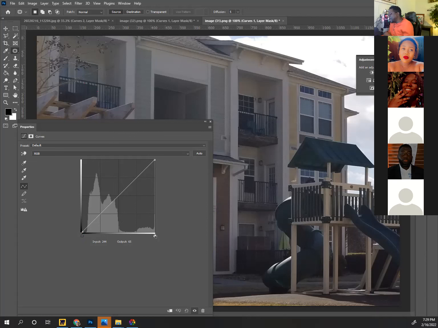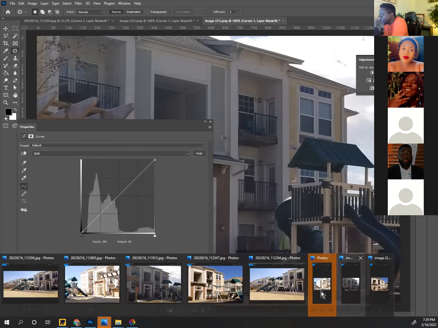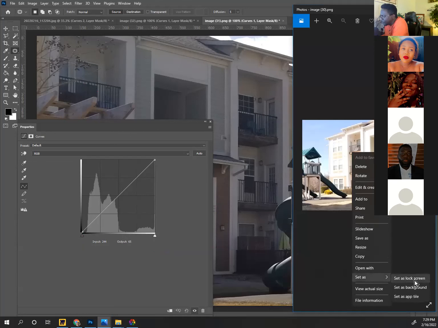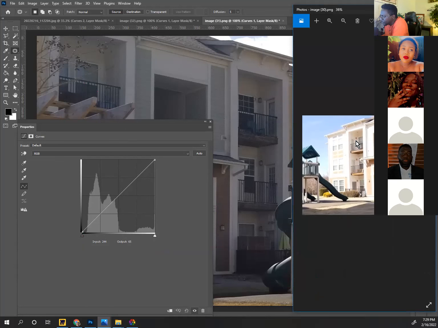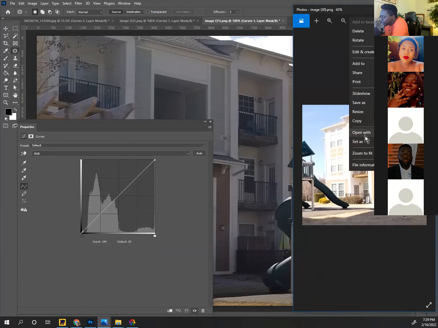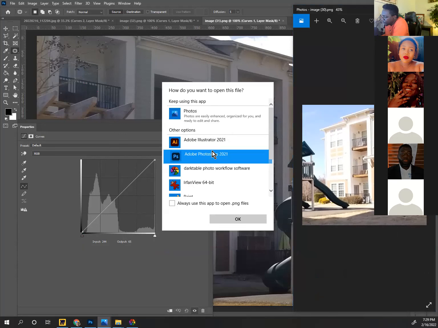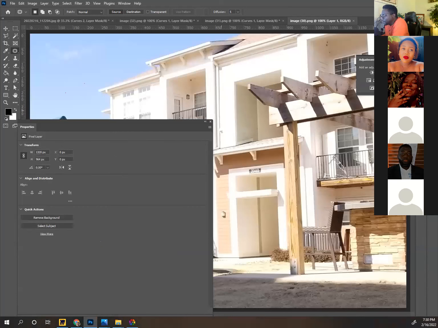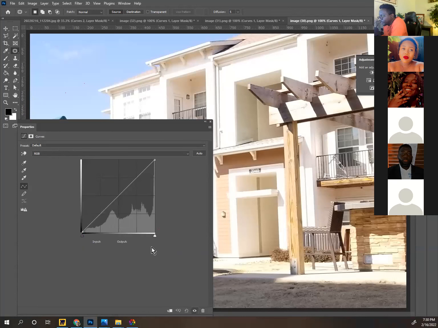So maybe you're saying, okay, I see what the histogram is telling me. Let's look at one more example of how to read a histogram. We're going to look at the one that is overexposed, which is this image here. We're going to open this one in Photoshop. Okay, so this overexposed image is in Photoshop, and let's turn on the histogram for that. All right, now what you notice with this histogram now,